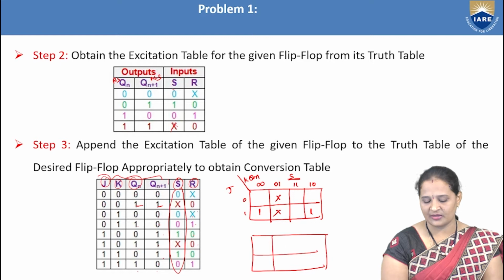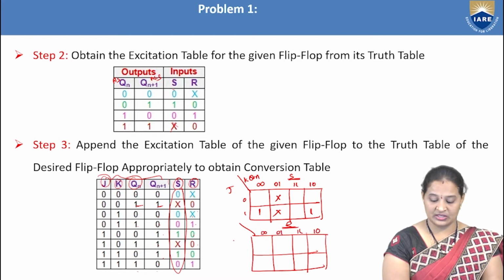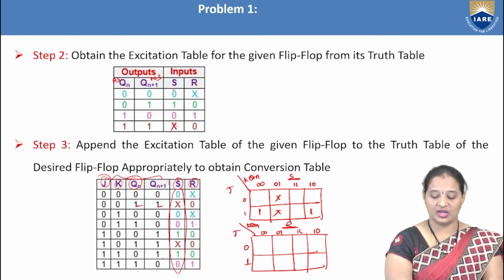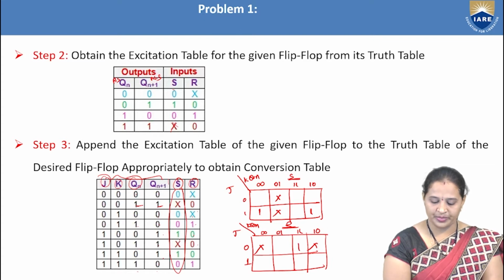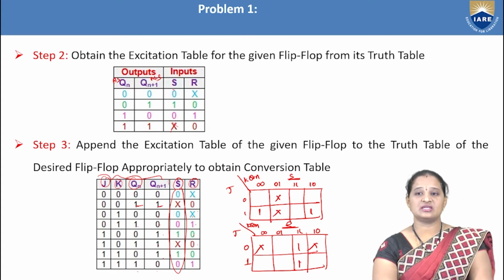So I am taking another 3-variable K-map here. This is for deriving the value of R. So 0, 0, 0, 1, 1, 1, 1, 0. Again you have to take the same order J, K, Q, N, 0, 1. Now you verify when the R input is becoming don't care and 1. For 0, 0, 0, it is don't care. Next 0, 1, 0, it is don't care. Next 0, 1, 1, it is 1. And next 1, 1, 1, it is 1. So this is the mapping.